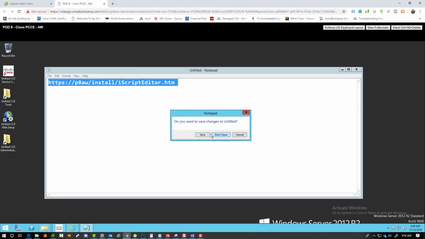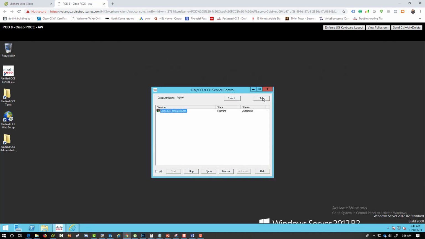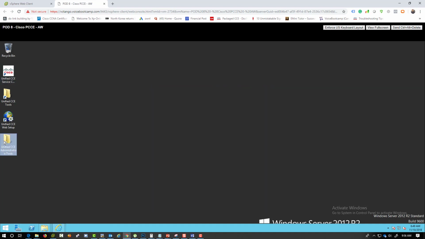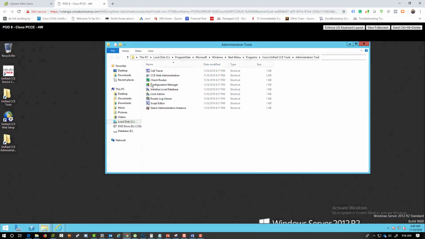Now, what I want to show you though, as you can see, the service is still running, and you will see another folder called administration tools. In the administration tools is where you will find configuration manager, localizing the database, log admin, script editors,